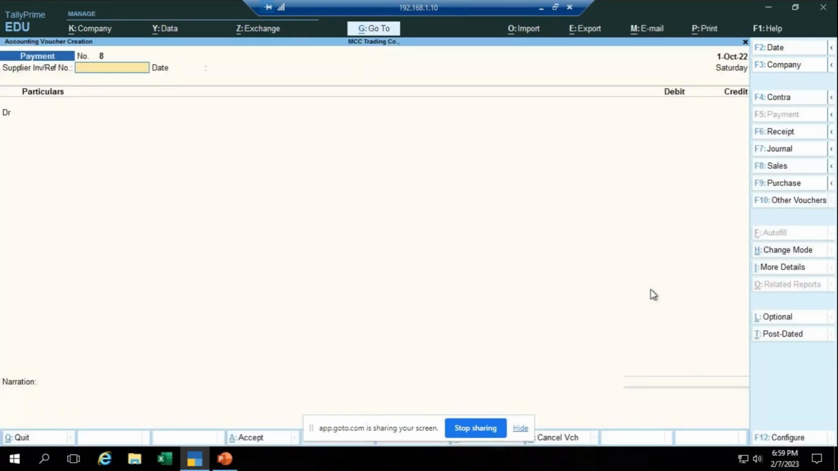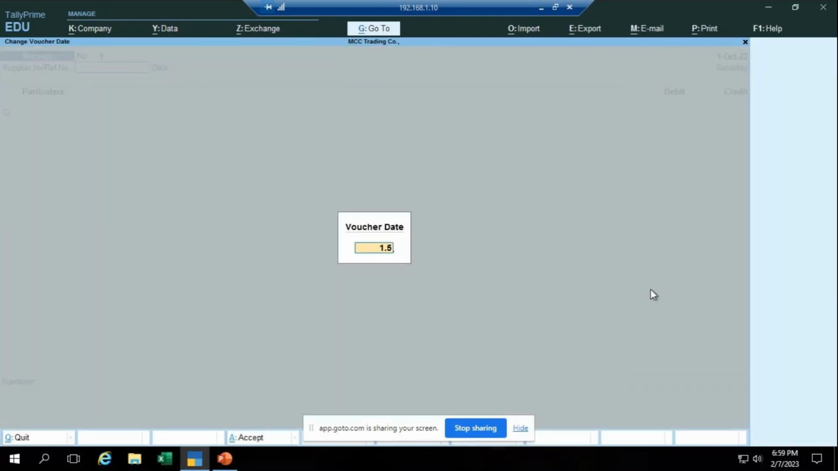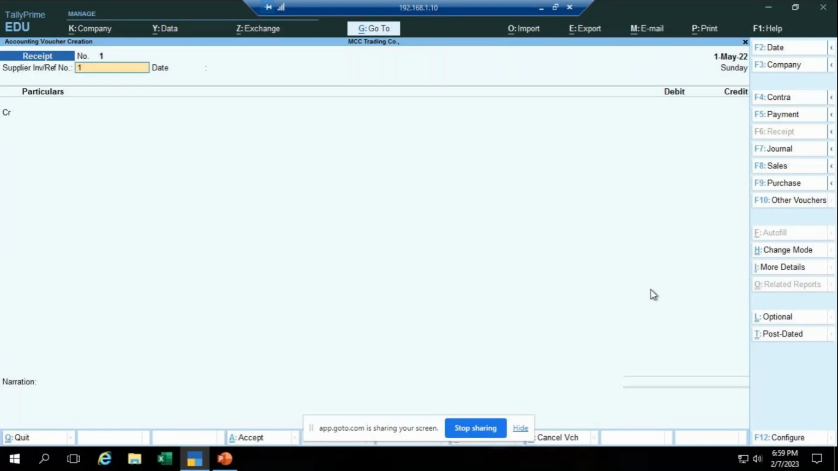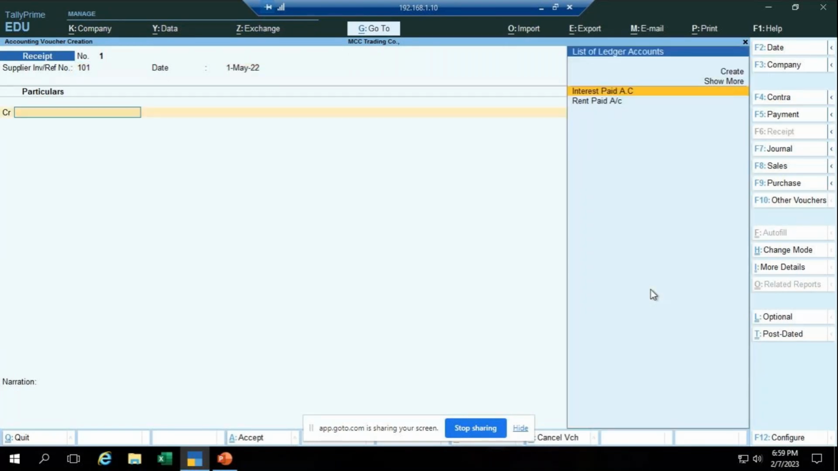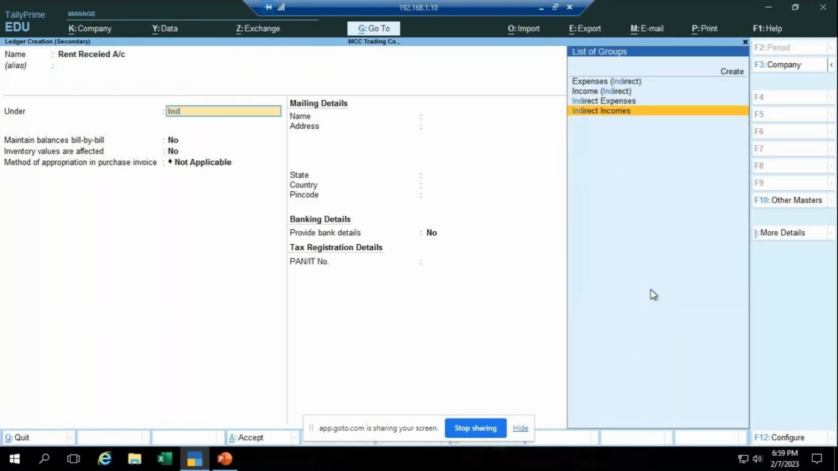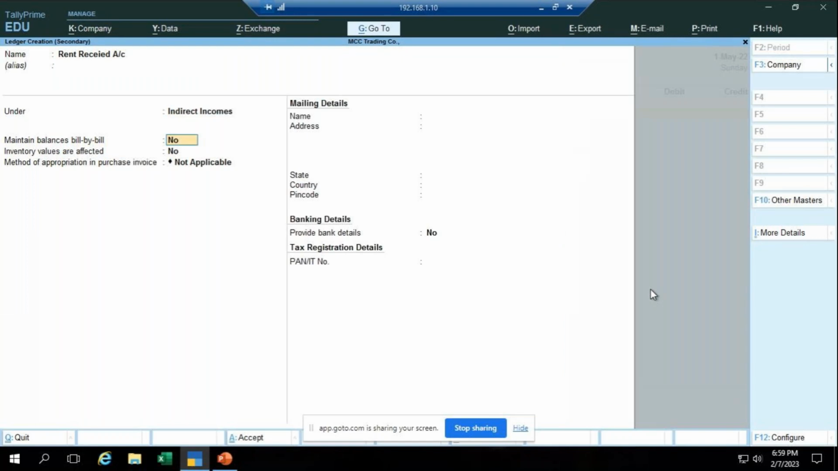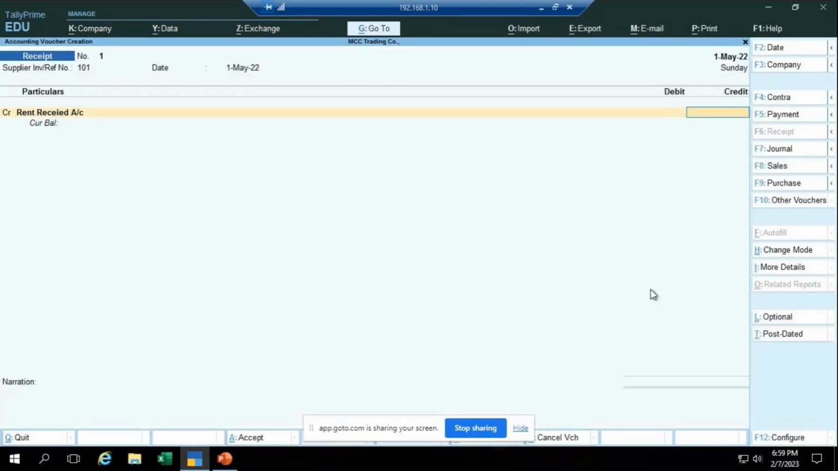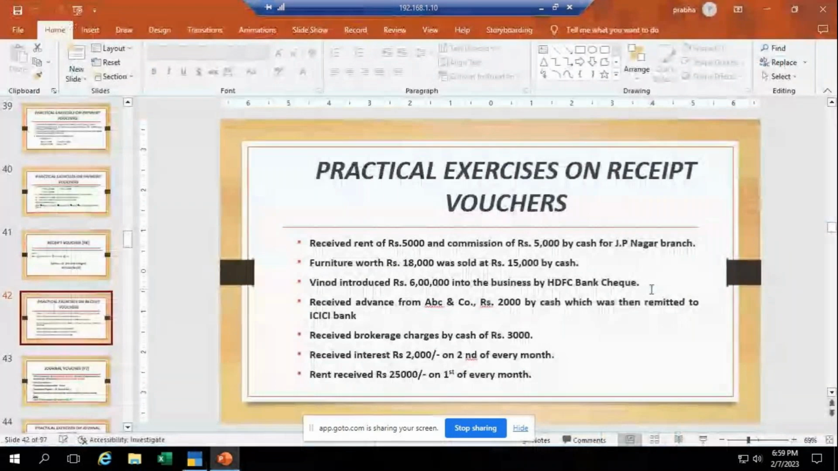So I'll come to vouchers. So the shortcut key F6 is for receipt voucher. I'll change the date. I'll make it 15. So I'll give it as 1/01. So particulars. So it is rent received and commission received. So I have to create. The shortcut key for creation is Alt C. So rent received account. So it is indirect income. I will save it. So rent, how much am I receiving? 5,000,